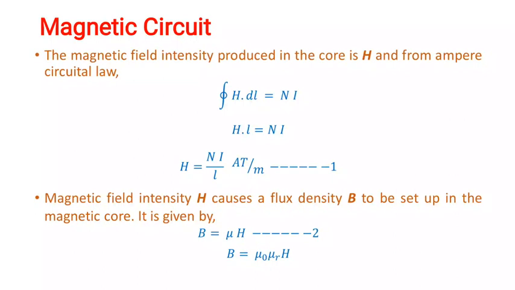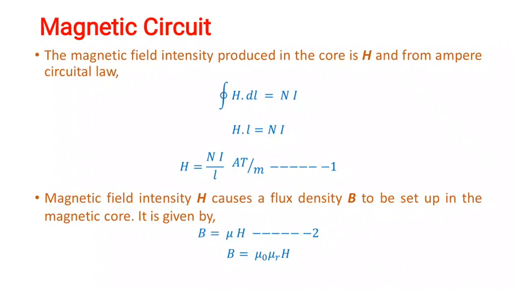So before that, you should know about the concept of magnetic field density and magnetic field intensity. So what is this? Magnetic field intensity means the ratio of magnetomotive force, that is MMF, needed to create a certain flux density within a particular material per unit length of that material. Or in short we can say that if the distance increases, the magnetic field strength will reduce. It is denoted by H.